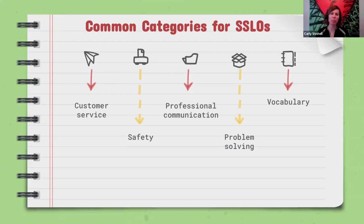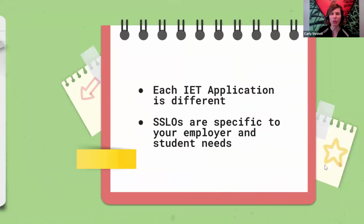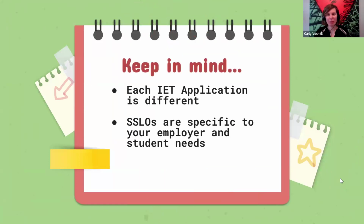For CNA, it would look a little bit different, but a lot of jobs have some element of safety, and that could be the jumping off point for an SSLO, almost regardless of what career field you're working with. So those are some ideas, and I have that provided in the resources for you, some of those common categories. Keep in mind, if I would get 2 different IET applications for paraeducator, for assisting teachers in the school,